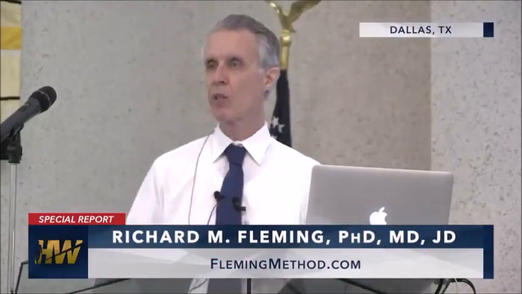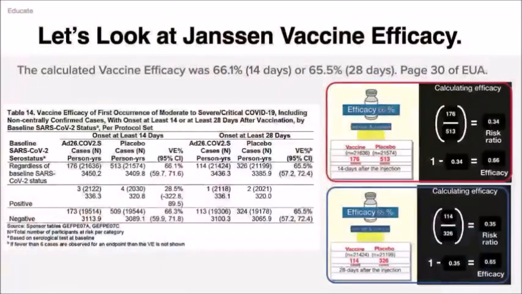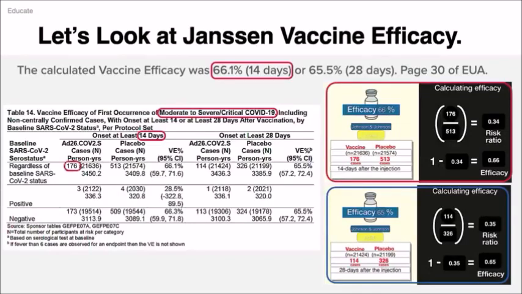This is my favorite vaccine because it gives us a little bit more view into what's really going on. Because they use 14 days, they use moderate and severe as the definition at 14 days, and also 28, but at 14 days, if we look at their data, 176 in the vaccinated group, COVID diagnosis, 513 in the non-vaccinated group. At 14 days, that gives you that efficacy of,